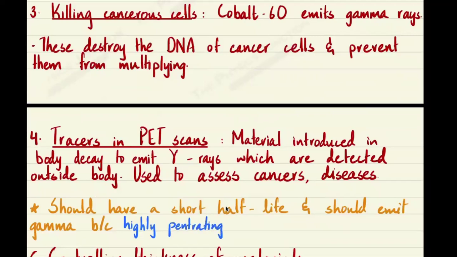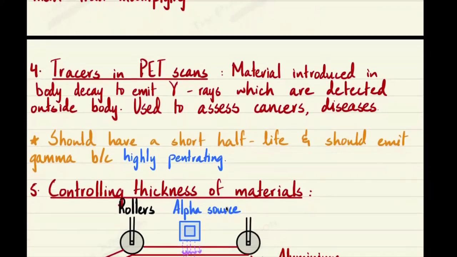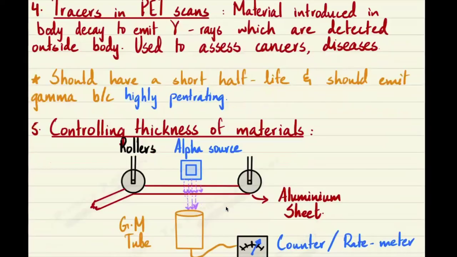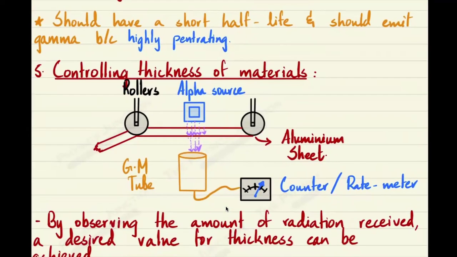Next, controlling the thickness of materials. So this is what the diagram for that looks like. We have some source on one end. Here it's labeled as an alpha source, but it could really be anything. And this is some material which is stretched out between these rollers. So I have my source on one end, I have the GM tube connected to the counter